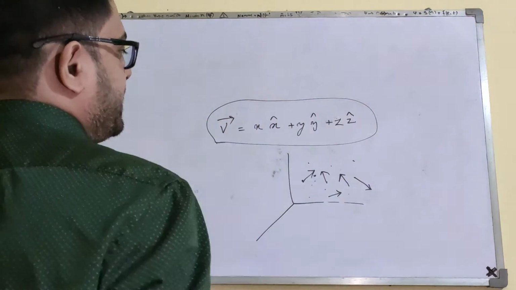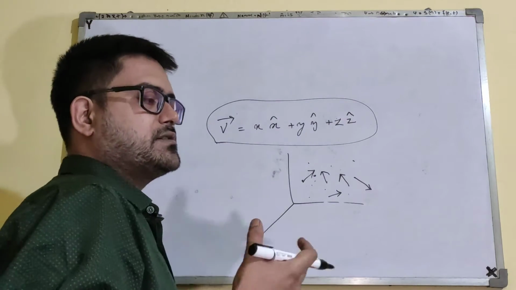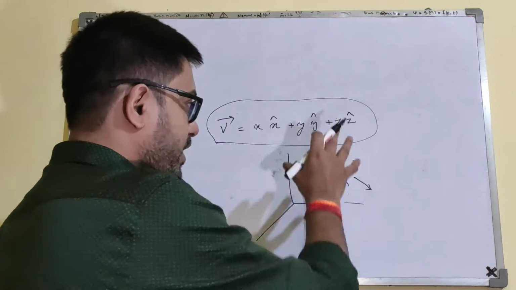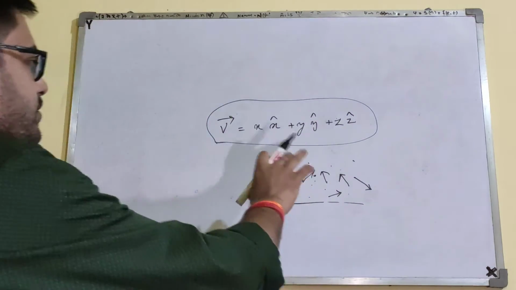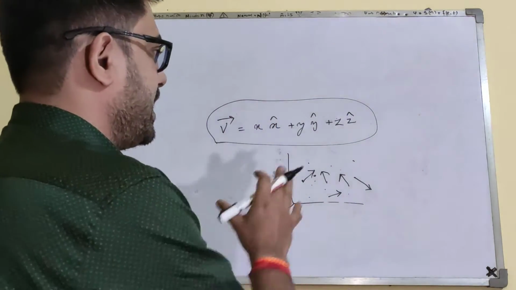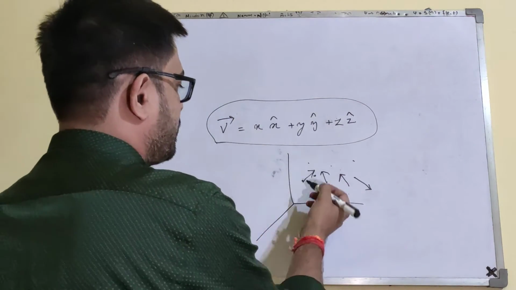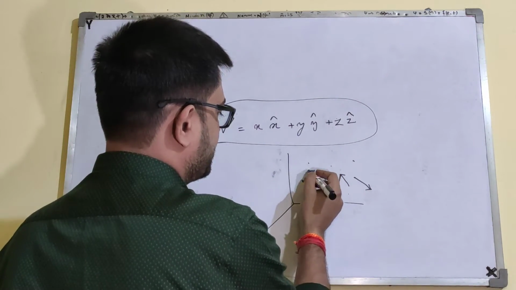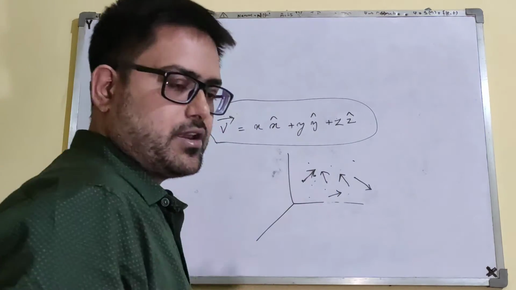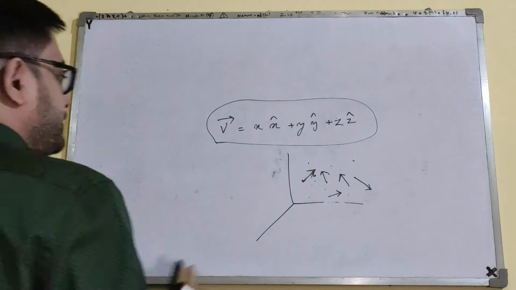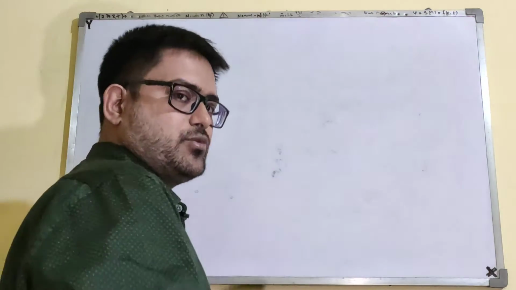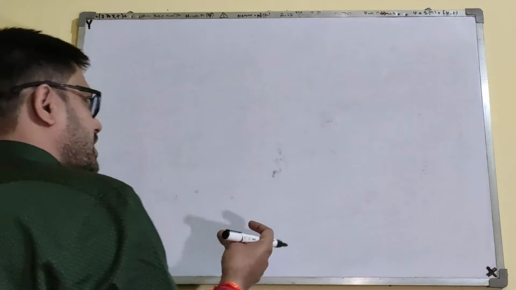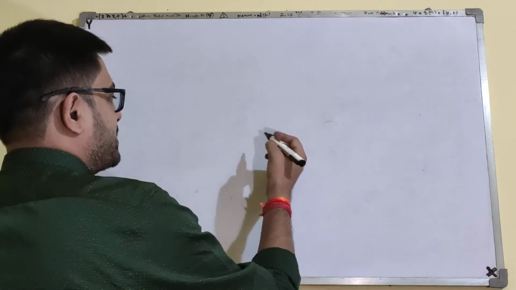Okay, so vector field is nothing but the distribution of vectors at points inside a region where you have defined the vector field. So vector field is just a distribution of vectors at individual points, and vector is what exactly the value of the vector is at any specific point, right? So what is curl? Without going into the formulation, we'll understand why the formulation is done the way it is. First of all, let's understand what the curl is.